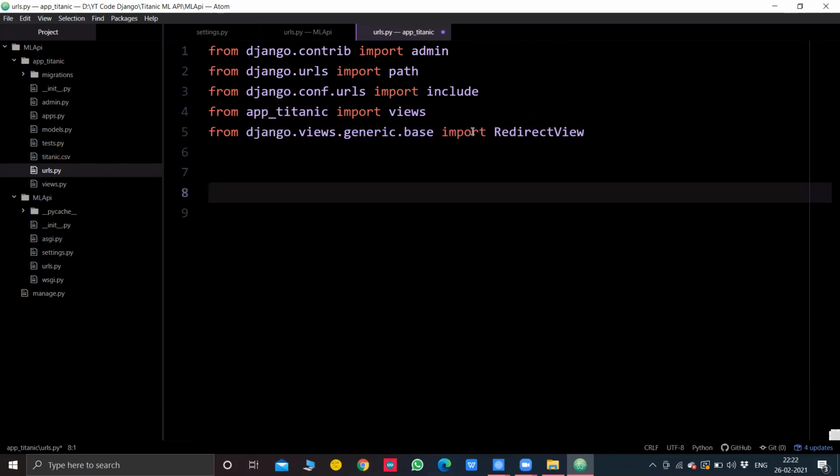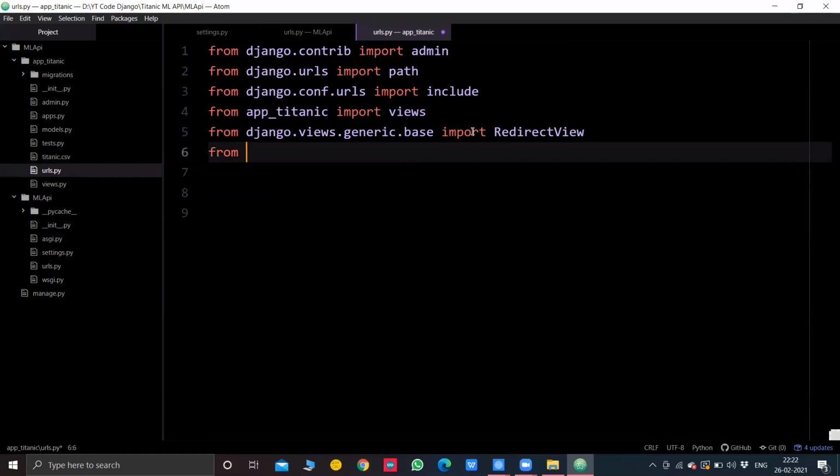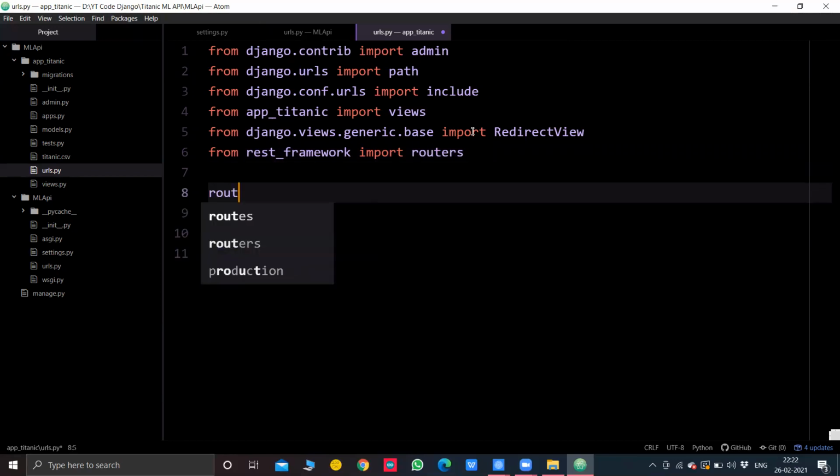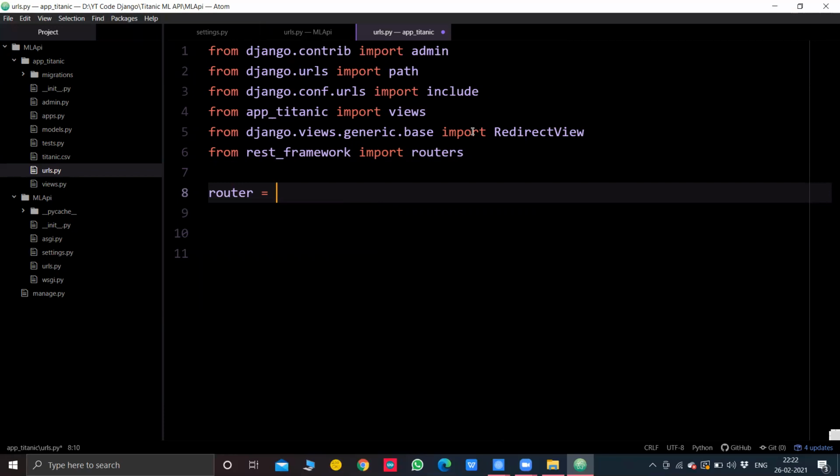And inside urlpatterns, okay, we'll do it right now only. We'll have to use routers later, right? So we'll import it right now and finish it. From rest_framework import routers, and we'll define the router here. So router will be equal to routers.DefaultRouter, we'll select the default router to be used.